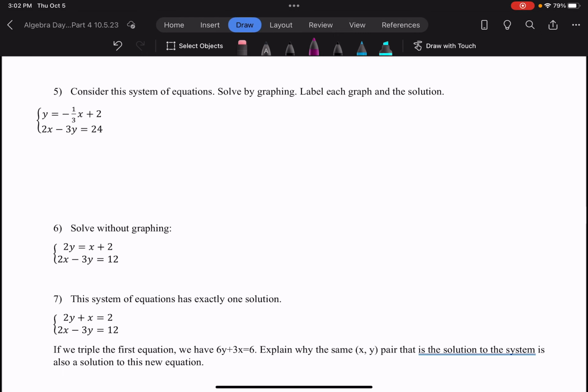All right, number 5 says consider the system of equations, solve by graphing, label each graph and the solution. So I'm going to go ahead and draw a graph. It's not going to be super pretty, but we're going to do the best that we can. All right, so 1, 2, 3, 4, 5, 6, 7, 8, 9, and then